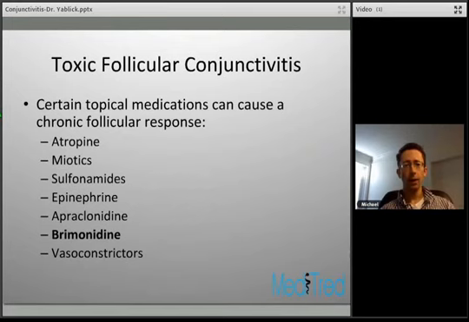So you can also have a toxic follicular conjunctivitis, so medications can cause both a follicular or a papillary reaction. Certain medications that are typical for a follicular response are listed below. I highlighted brimonidine. I'm not sure if this is the most typical, but in my experience,